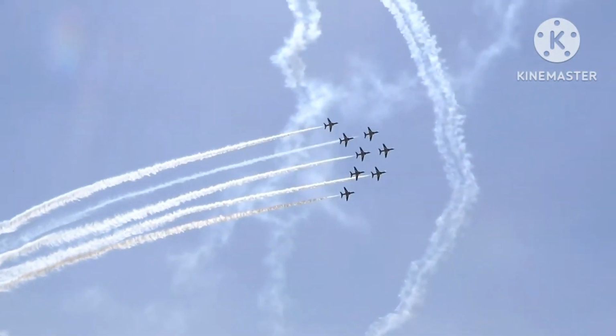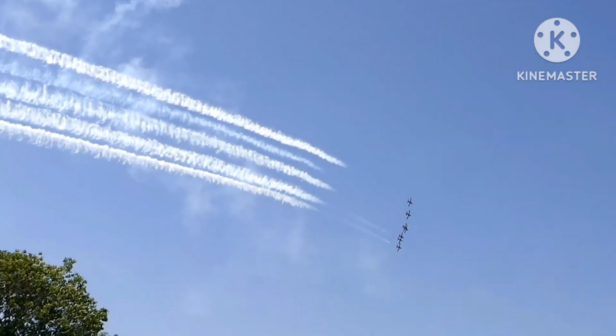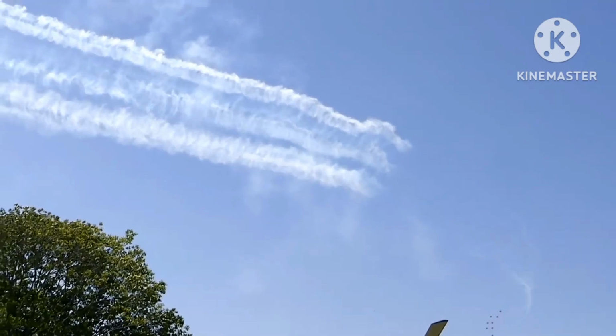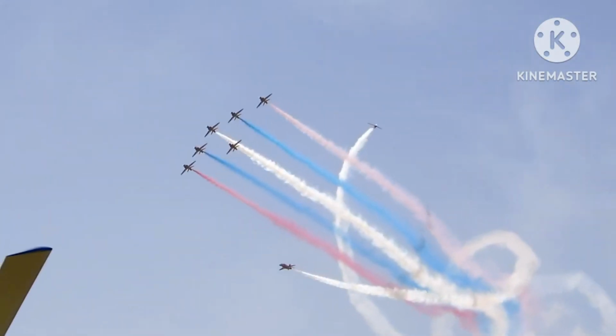On the left-hand side of Red 1 is Red 3, Flight Lieutenant Tom Hansford. Tom is in his first year on the team as a former Typhoon pilot, where he was a qualified weapons instructor. This meant that he taught the frontline tactics and weapons instruction. This makes his job of 7 and 8 rolling around the rest of the formation even more difficult